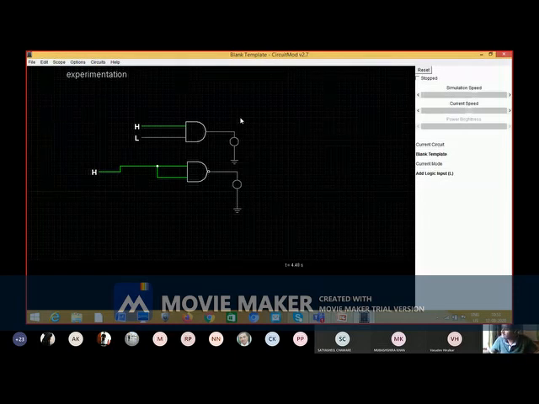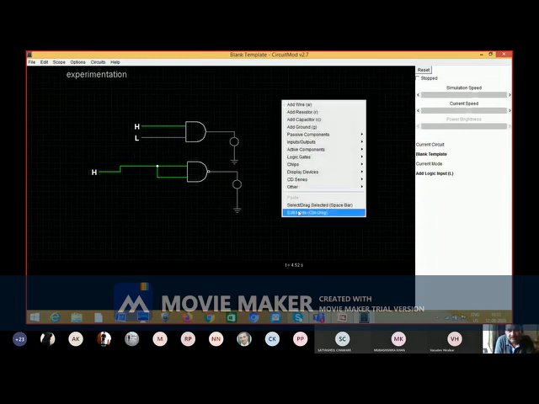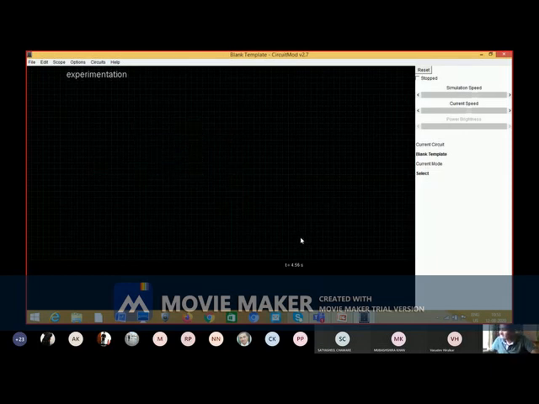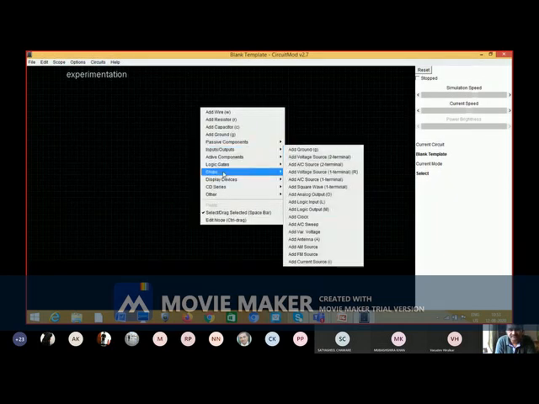Now I will show you one simple demo of multiplexer. Okay. So what I will do, I will select this and I will delete. For multiplexer, what you need? You need AND gate, NAND gates.